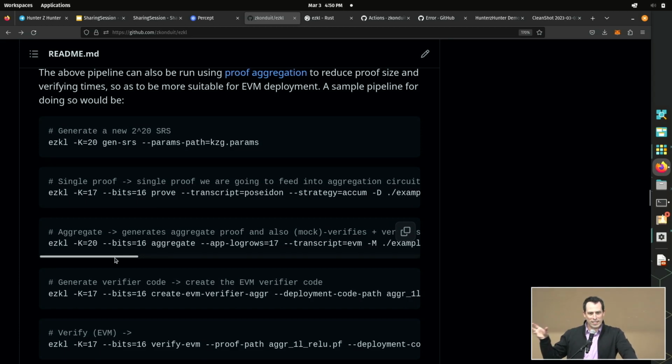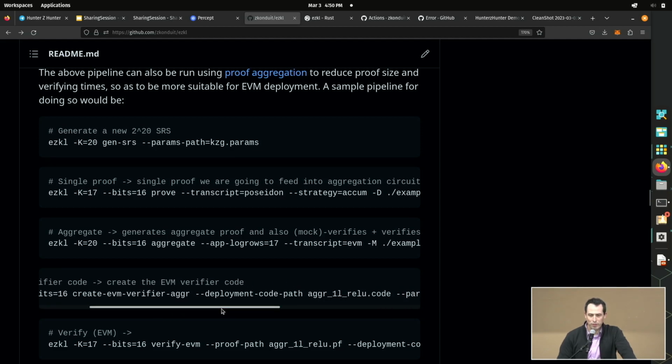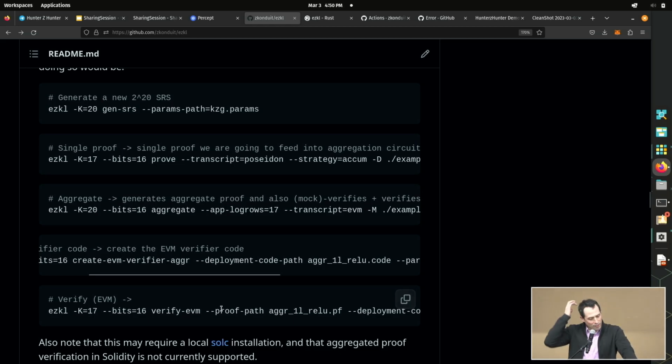which compresses that first proof into something that's much easier to check on the EVM. That aggregation proof can be very time-consuming and use a lot of RAM. And then you generate the verifying code, and give it a deployment path parameter, and that will let you deploy that and check things against it. And these circuits are the examples that I gave earlier. The people that are building here at the hackathon are using these verifiers to deploy on-chain.